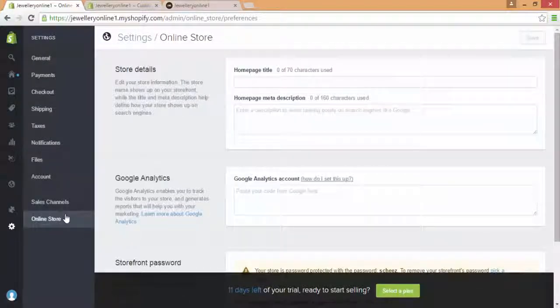And then online store. On our online store, we can actually change the title of our store. If you remember, at the beginning of our tutorial our store was called Jewelry Online 1. But we can change that. So let's say we wanted to call it Jewels. We can hit save and it will change that. But right now we're using a logo, so that's not too relevant at the moment. But if you did want to just change the name of your store,